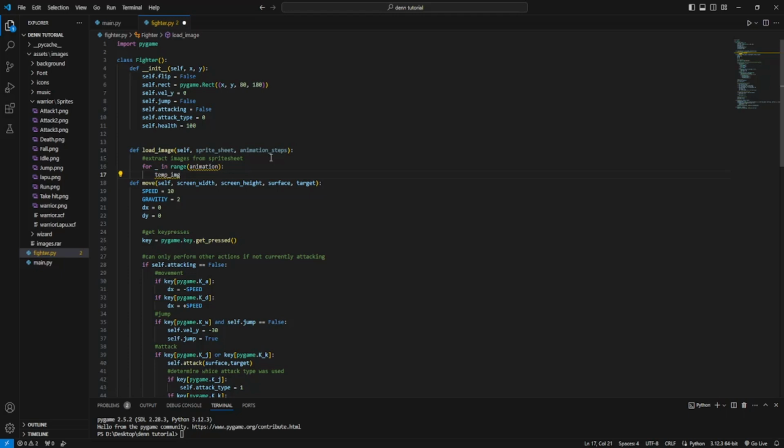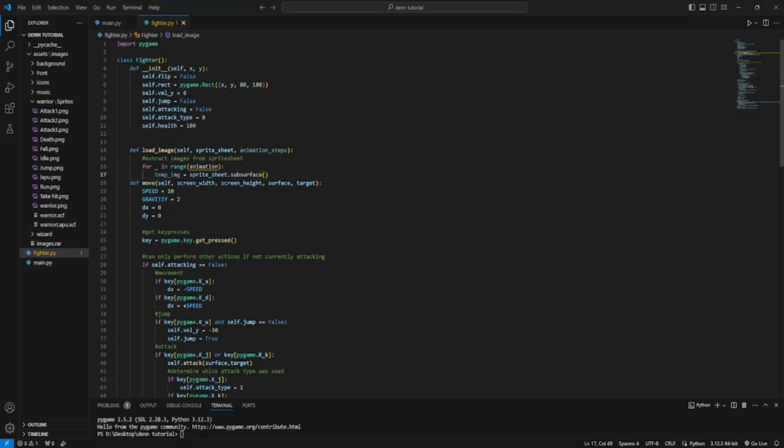Now I can't take the image of the spreadsheet because that's too big, that's the entirety. So I actually need to define the variable that's going to determine how big each of these squares, or each of these frames in the sprite sheets, actually are. So we need to go back to the main.py file, and within here create a little area where I define some information and some data about the warrior and wizard spreadsheet. So just below the colors here, I will add a